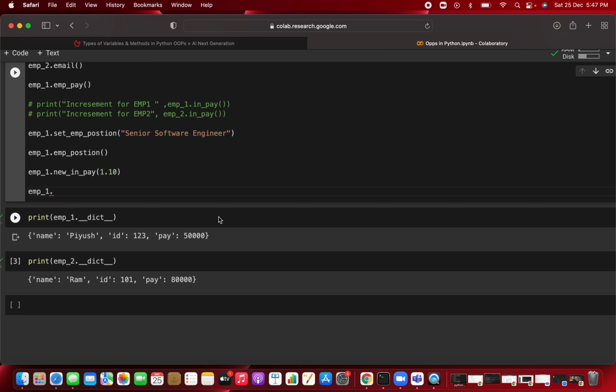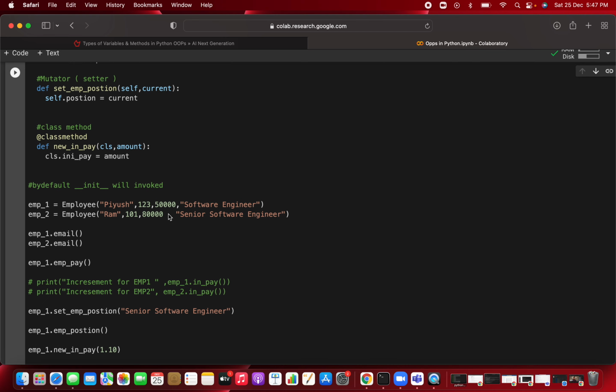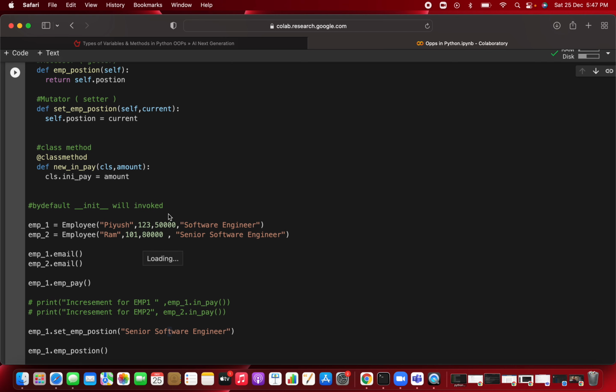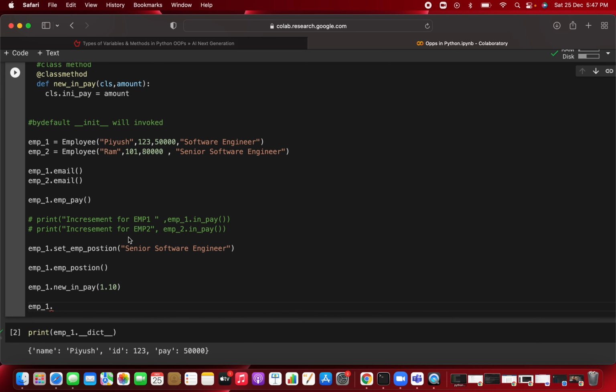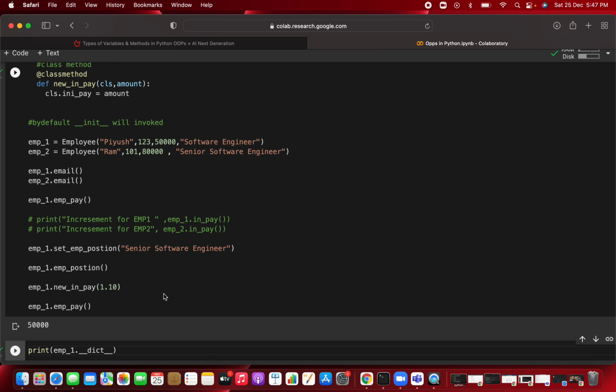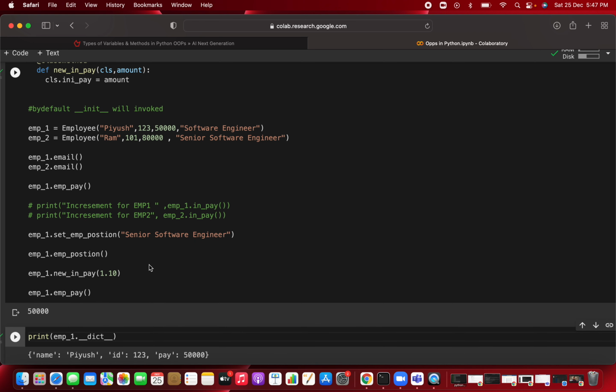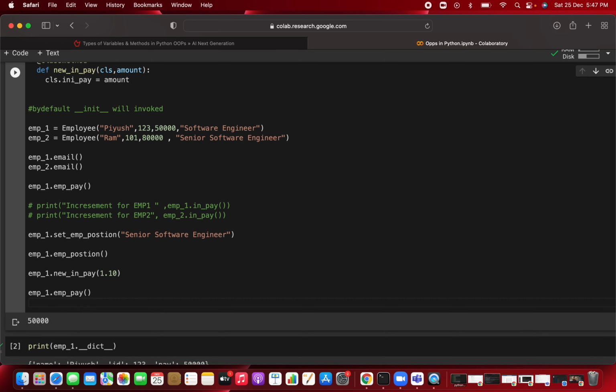Okay, so in here you are writing increment pay or something, the current pay you can say. Or you can write employee pay, employee_pay, you are calling this method, and whenever you call it, you are getting the current employee pay, that is 50,000. But you want to increase that pay because his position has also shifted to senior software engineer.